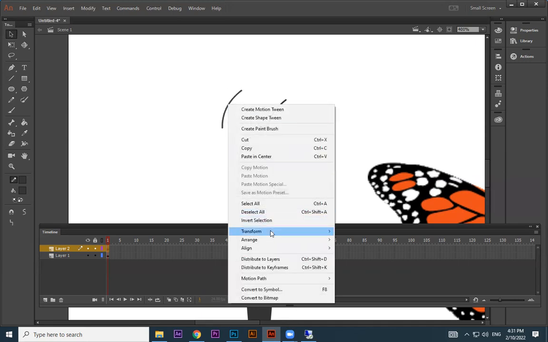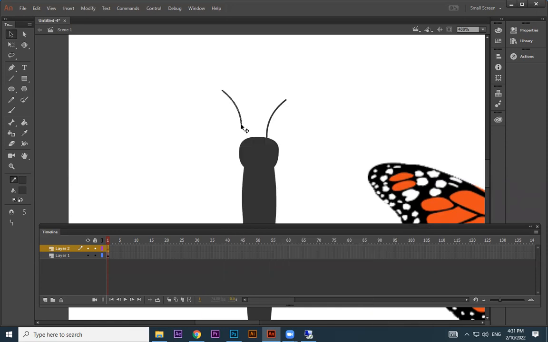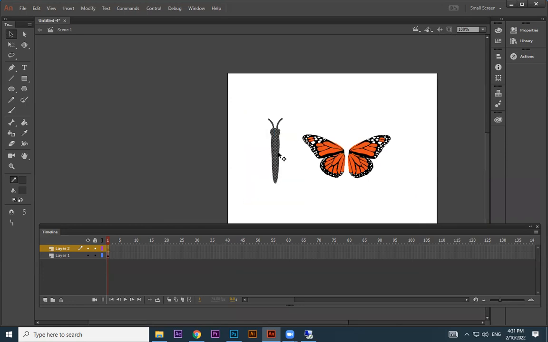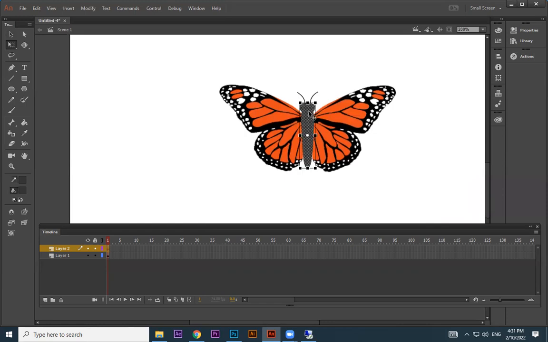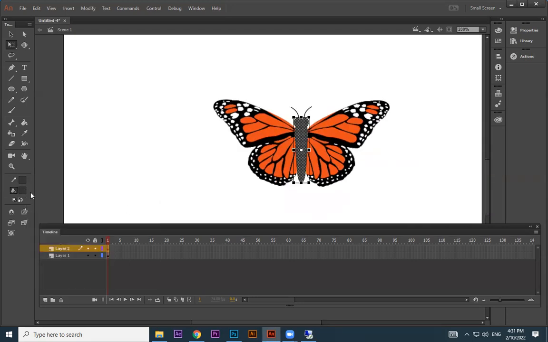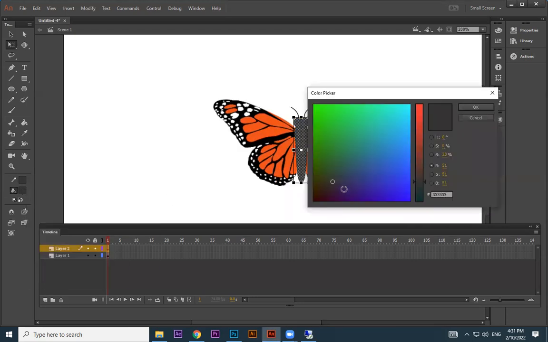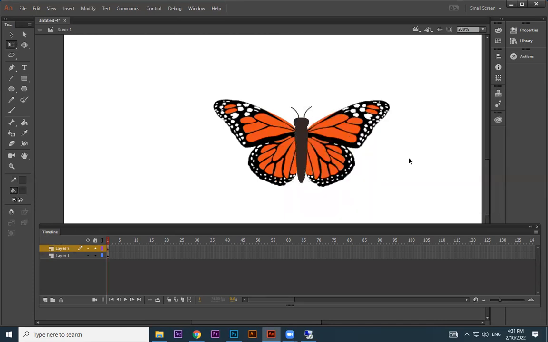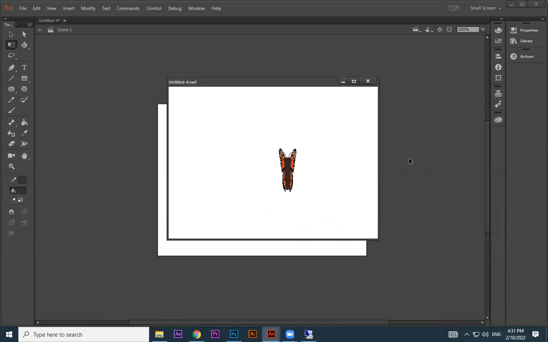Copy paste, right click, transform, flip horizontal. Adjust the size and all, then you're going to keep it here. You can give gradient colors and all, or a darker color can be used. If you want, double click here, you can make it more darker or like this. Fine. Now press Control Enter,